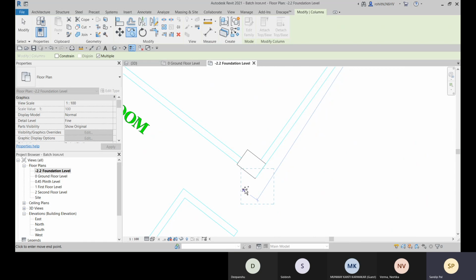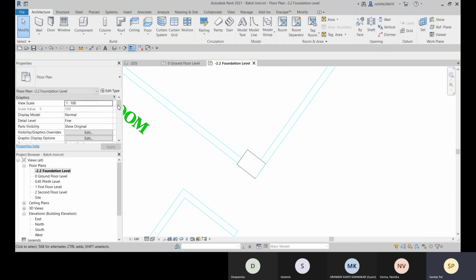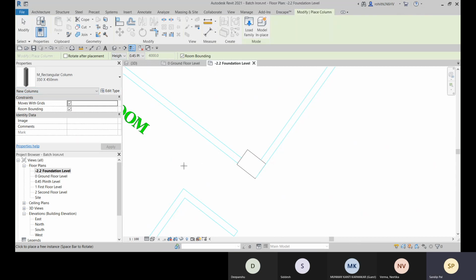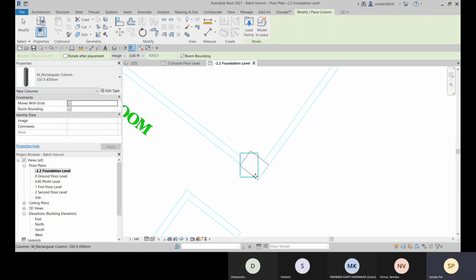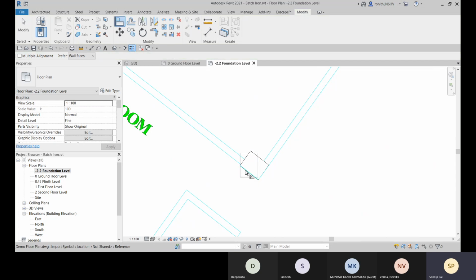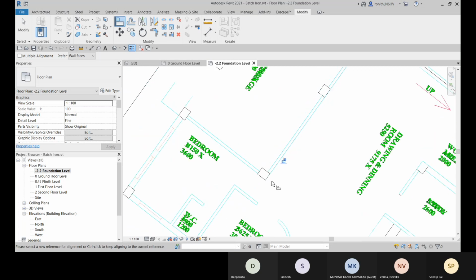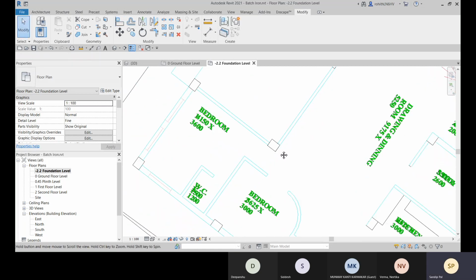So what we can do, we can go with the space bar and we can, okay, sorry, I'm not placing that column. So if I'm placing the column, and then I can go with space bar to change the orientation. Right. So that is placed.